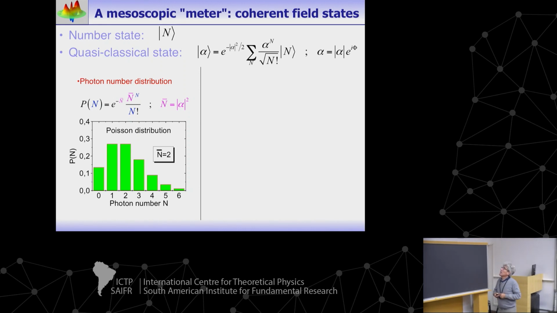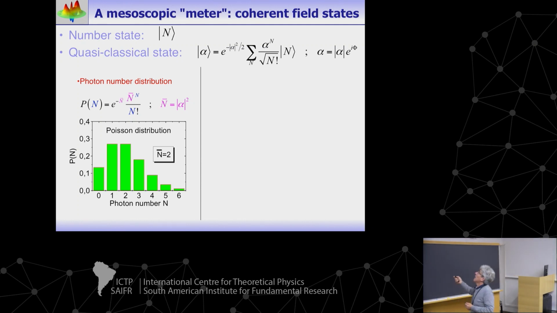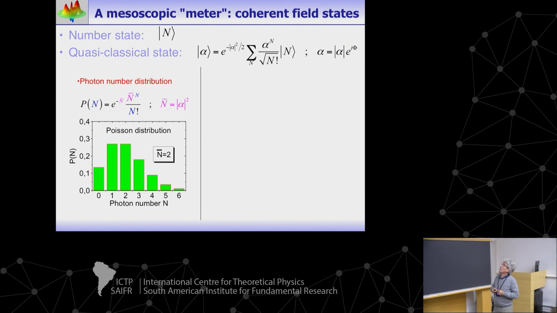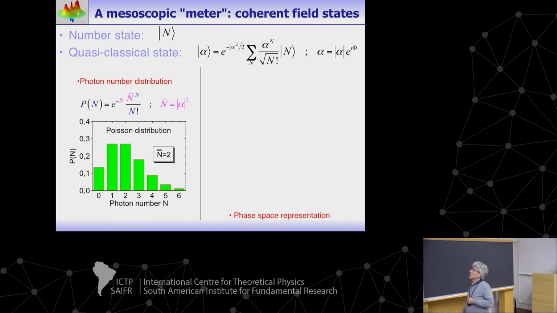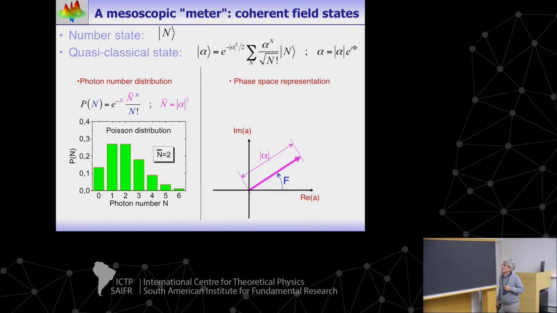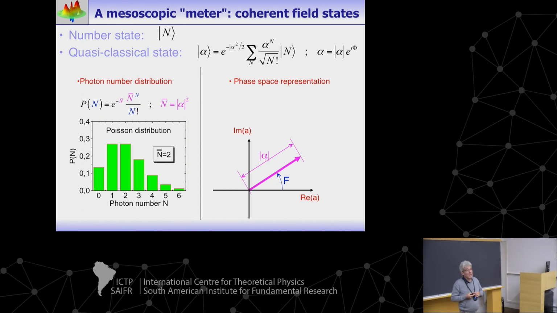Any complex number is eligible, with some amplitude, which corresponds to the dimensionless complex amplitude of the field, and a phase, which corresponds to the classical phase of the field. So I already mentioned the photon number distribution, which is a Poisson distribution. And now I would like to introduce more precisely a kind of symbolic representation of quantum state in the field